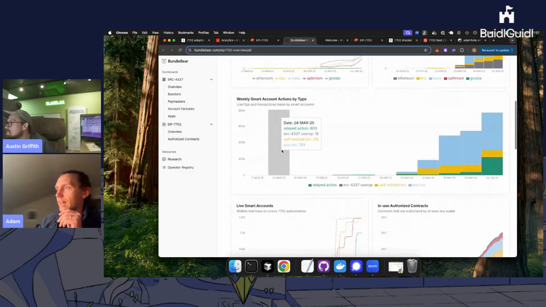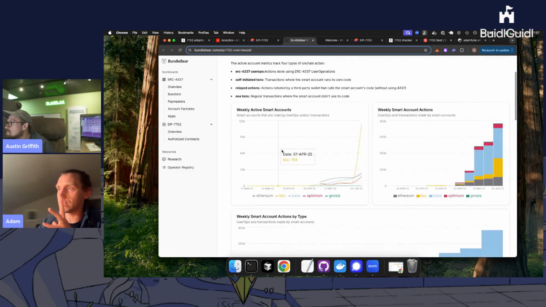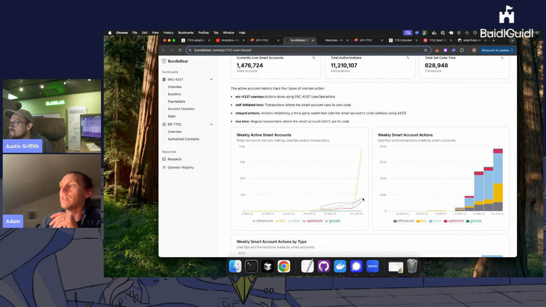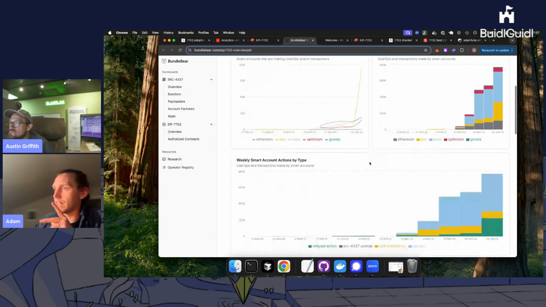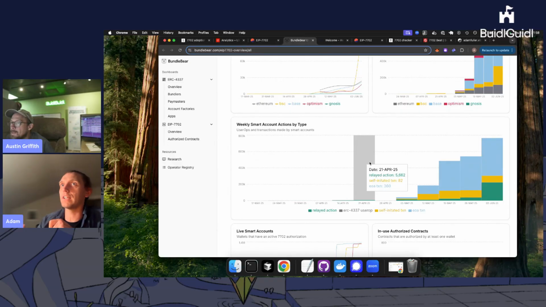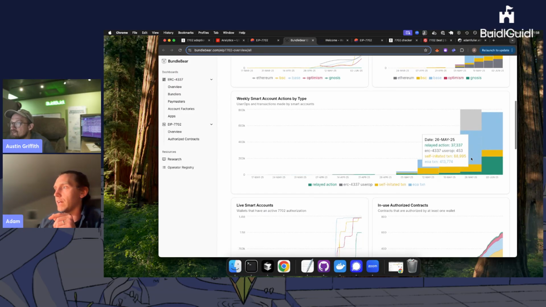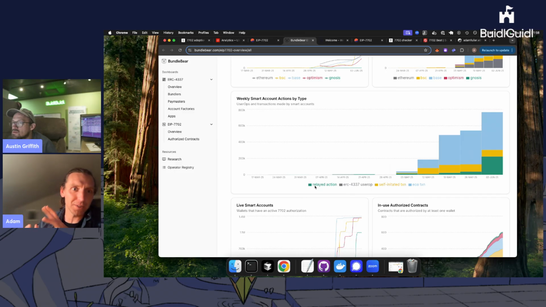7702 tracking, and there's a bunch of things that are cool about this one. It's cross-chain, rather than just being mainnet. But I think the really cool thing is that rather than just tracking the authorizations, he's actually then tracking the usage of those delegated accounts. And so this is that interesting thing where you can look at the smart account actions by type. And this is where I think quite a lot of hard work was required to actually get the data